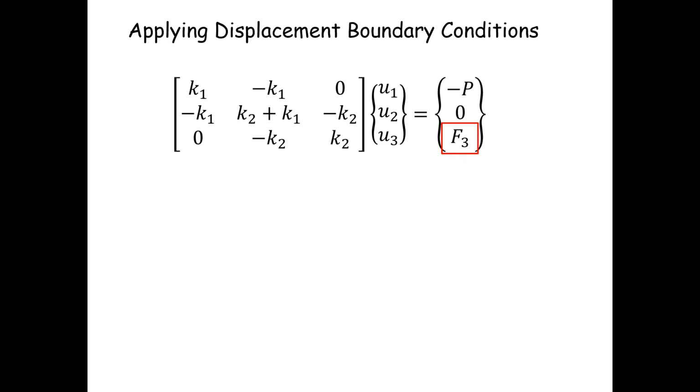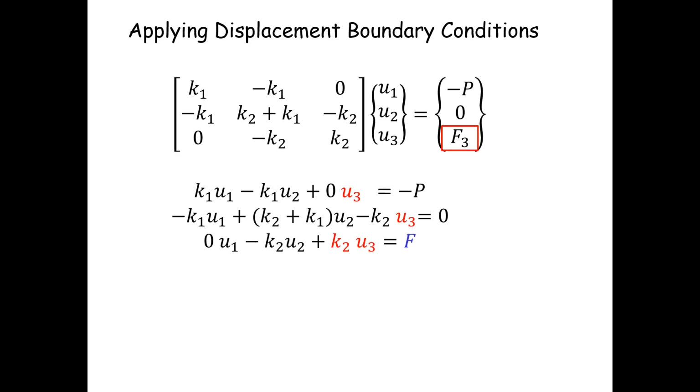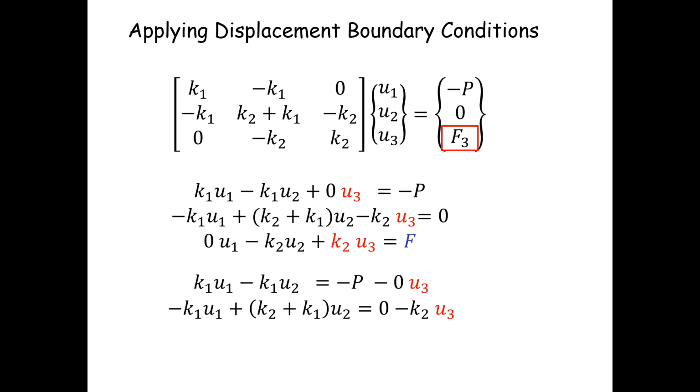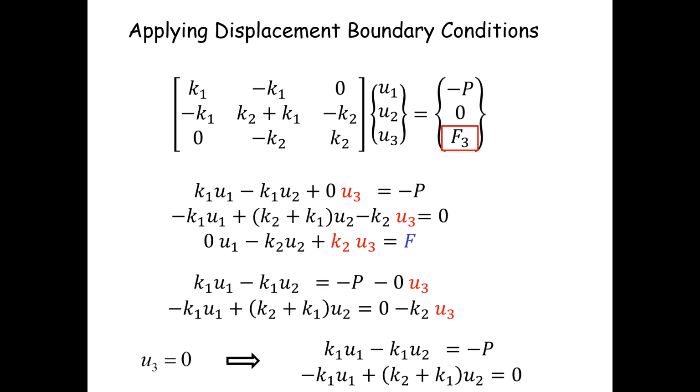This system of equations can be rewritten in the following form. Next, we apply the displacement boundary condition, which in this case is U3 equals 0. We can simplify the first two equations by moving the terms containing the known U3 to the right-hand side. Since U3 equals 0, the first two equations become the following. This new, simplified system can be written in matrix form as: